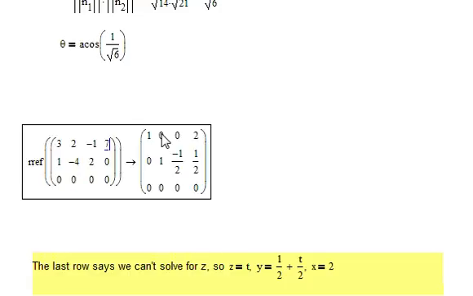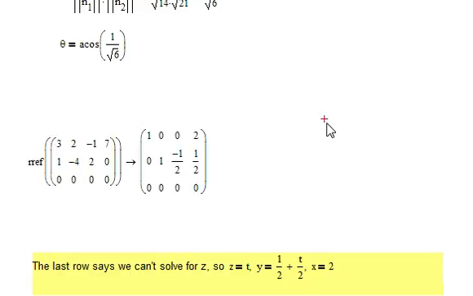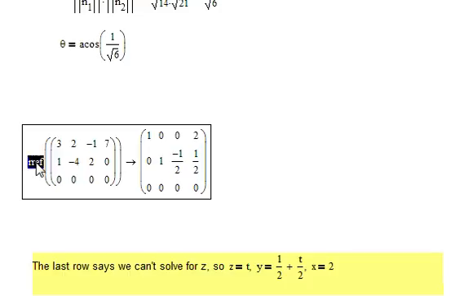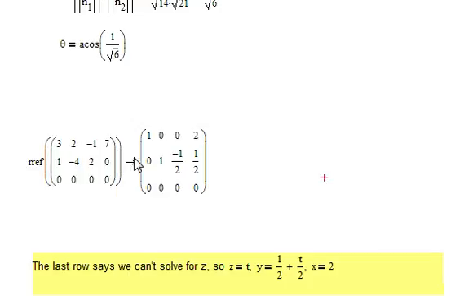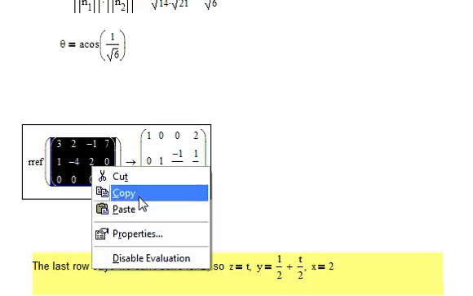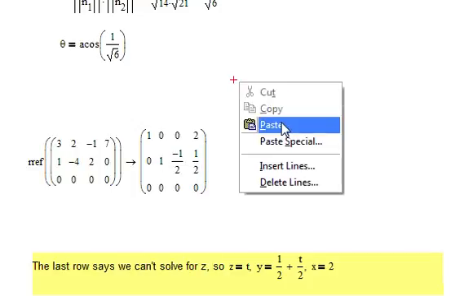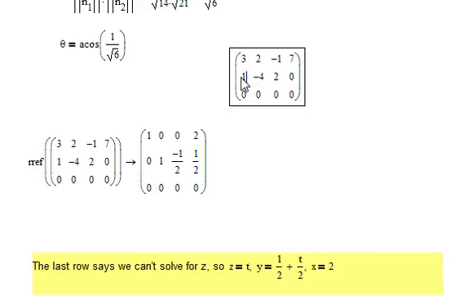This I've done in a very cheap and easy way. I just used row reduced echelon form, that's what this stands for, of this 3 by 4 matrix. It's the augmented coefficient matrix, and got this. But you know, if you want to see it done piecemeal, I could show you that. First, switch row 1 and row 2. So make this row 1,